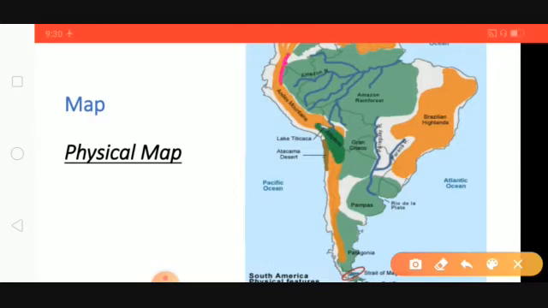For marking the Andes Mountain, you can draw from north to south on the western side of South America. Start from the north and mark it with light brown color till the south. When you mark the Andes Mountain, don't shade from the coastal area, because coastal plains are there. Just leave some space and after that start marking the Andes Mountain. Start from the top and continue till the south. Now we'll start the next place.